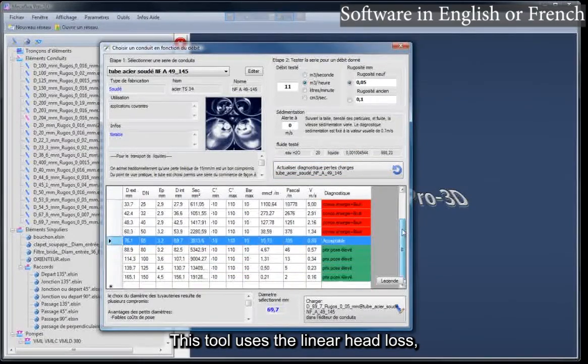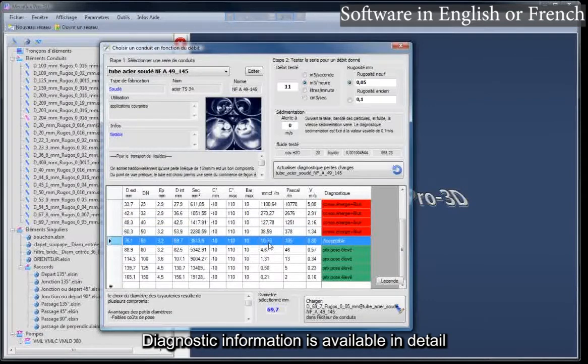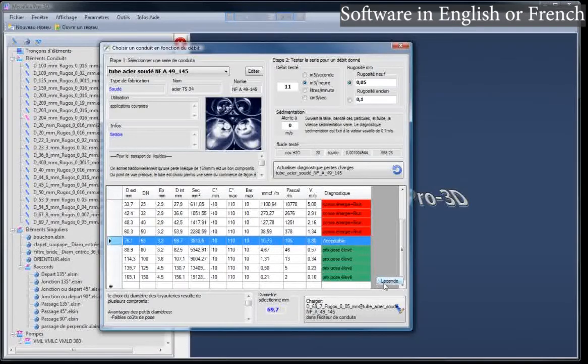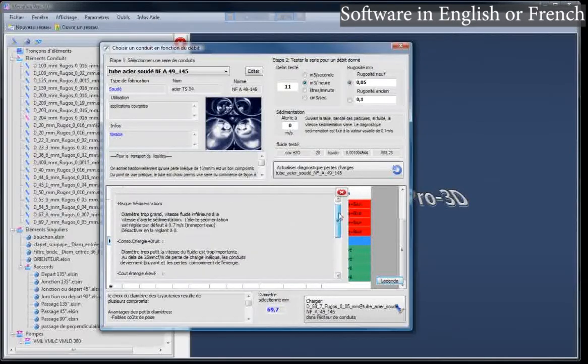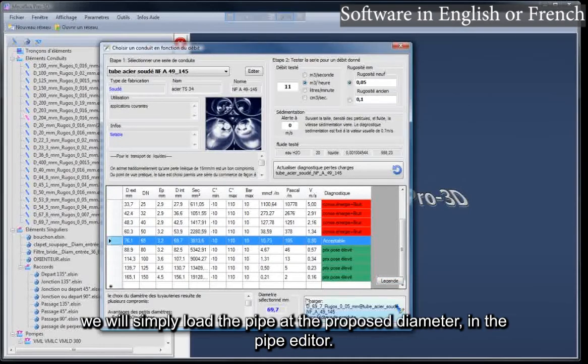This tool uses the linear head loss to define which is the best diameter according to the fluid flow. Diagnostic information is available in detail to understand the diameter selection criteria. We will not go into these details here. We will simply load the pipe at the proposed diameter in the pipe editor.